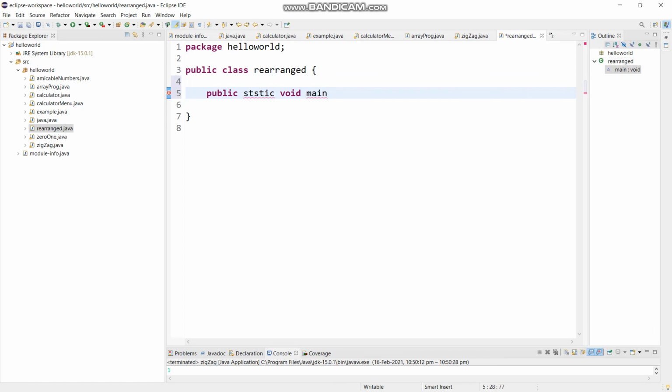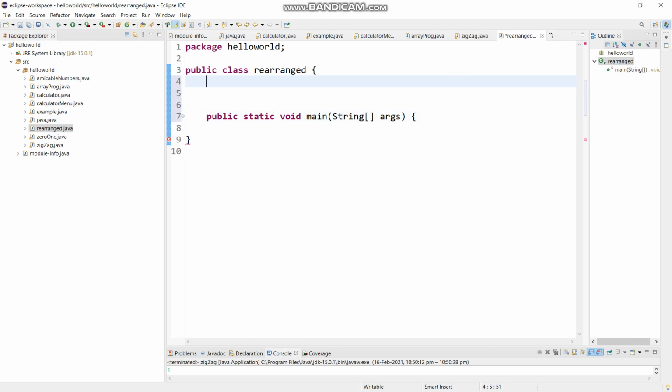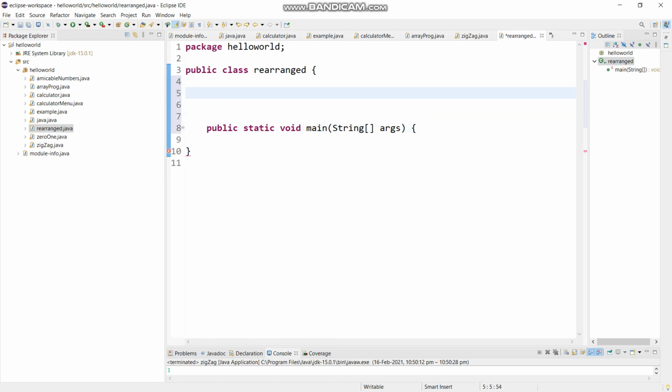Why I did this is because I want to create two methods inside it. So the first method would be public static void main. I will write String args inside it. The spelling of Strings is wrong, we have to write String there. Then another method, which is public static, and this is going to be rearrange negative number, or we can just say rearrangeNeg.